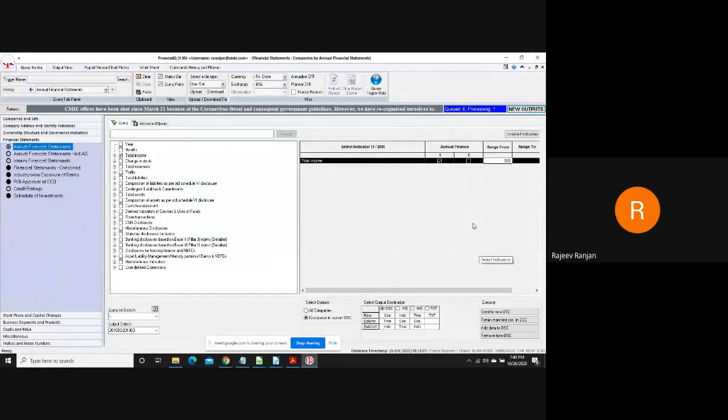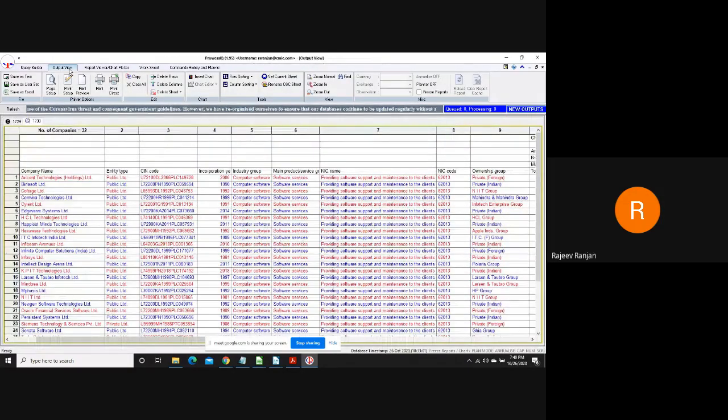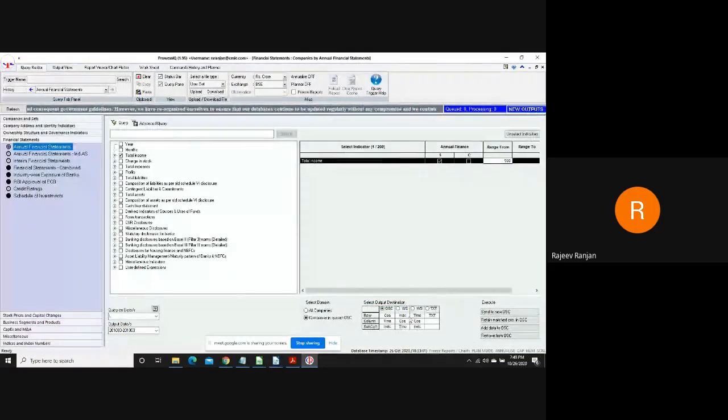Now, the next very useful information for the users is, if you see here, there is the output destination. By default, the output destination is the output sheet of companies, which comes here as an output view. So whatever list of queries we build, it goes to the output view. But we do have three other options also. I'll cover the next two options today, and we'll talk about the fourth option in the advanced session.